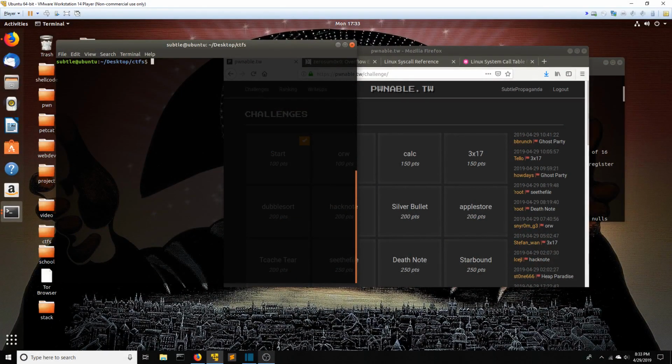So that's nice. And now sometimes what you do with these overflows is you put your shellcode inside of the buffer and then you return to that. But in this case 20 bytes is too small for us, so we need a different address on the stack that we can return to and then execute our shellcode from. So to find that, we're gonna need to leak an address somehow, and we're gonna reverse this a little bit with Radare. So just r2 start,